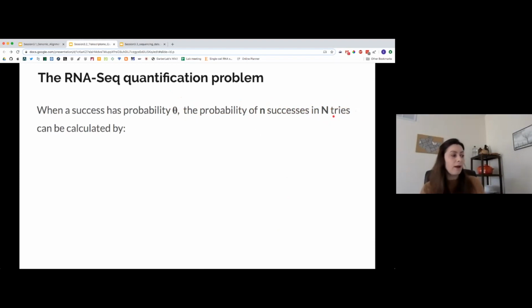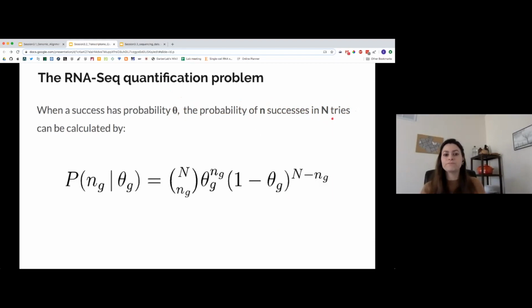So this will follow the binomial distribution. It can be written as the probability of obtaining lowercase n successes, given that you have the relative abundance of gene theta, and that is equal to the binomial coefficient, which in this case is capital N choose lowercase n,